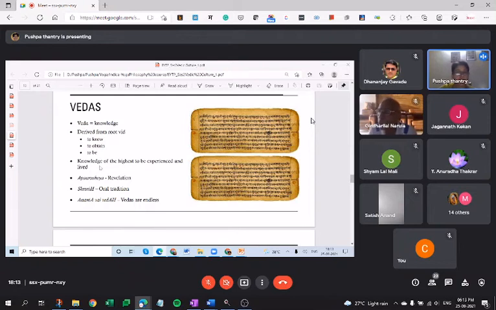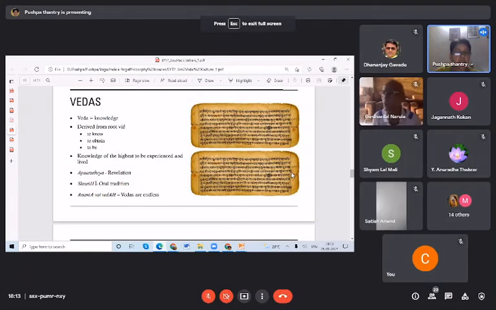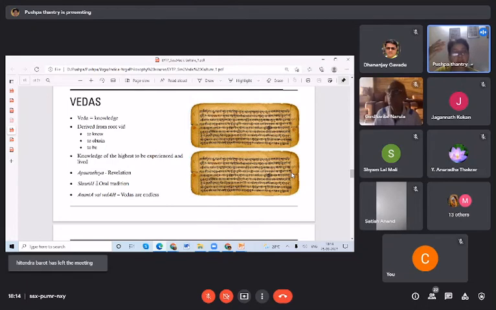One of the important aspects is that it is Paurusheya, which means it is revealed. So there is no specific author for yoga, for the Veda. This again may come from the exam point of view. And it is Shruti and Smriti. One is Shruti, the oral tradition, coming from recitation to recitation that you remember, and also Smriti, which you remember. And Ananta vai Vedah: Vedas are endless. So these three are the characteristics of the Vedas.